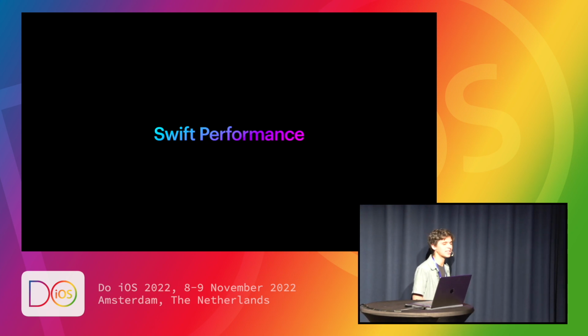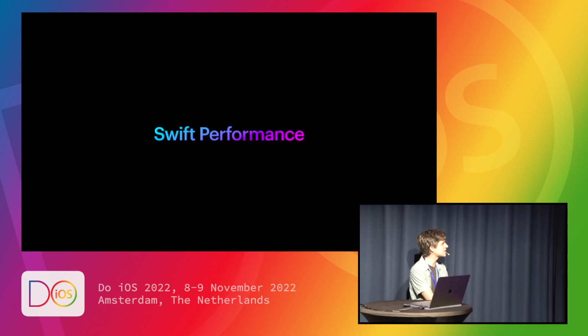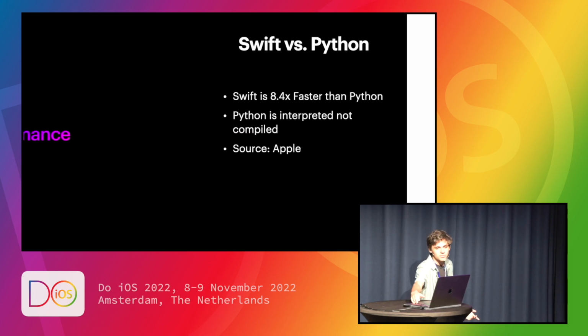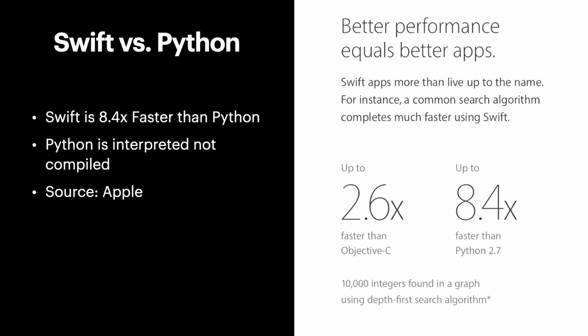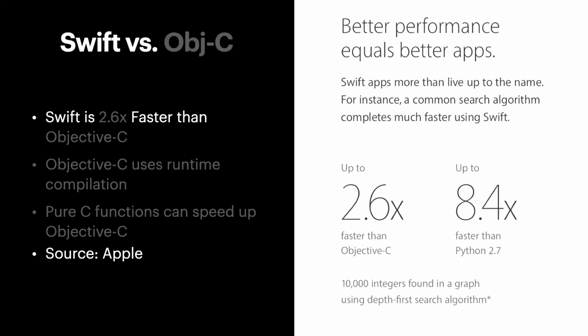It is fast now, I think. How do we really know that? Well, we can compare it to other languages. See, these numbers sound really complicated, and at least complicated enough to seem real, like there's some sort of math behind them. And they seem to look good. It says that Swift is 8.4 times faster than Python 2.7. That seems to be a good thing. But again, Python is interpreted, not compiled, so you do have that issue always kind of holding you back for Python. And the source for this is Apple, but we're going to ignore that part because they definitely don't have any bias there, for sure.